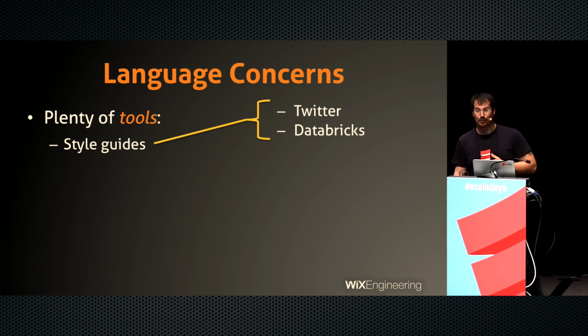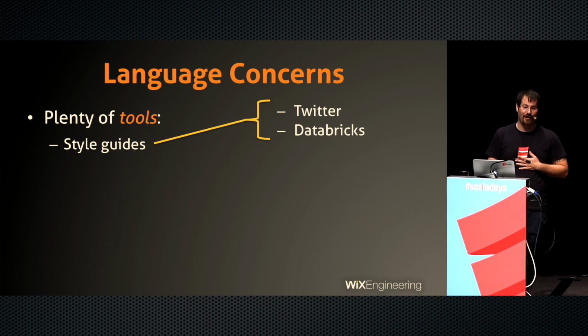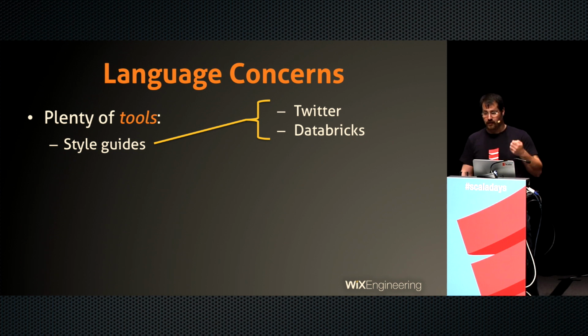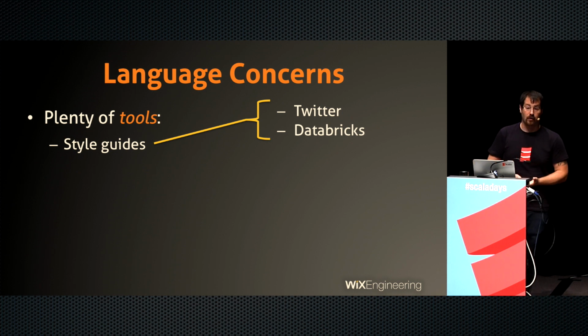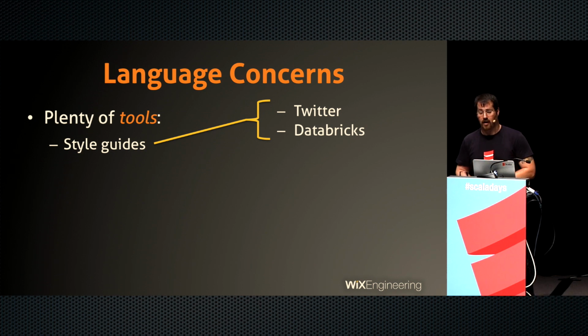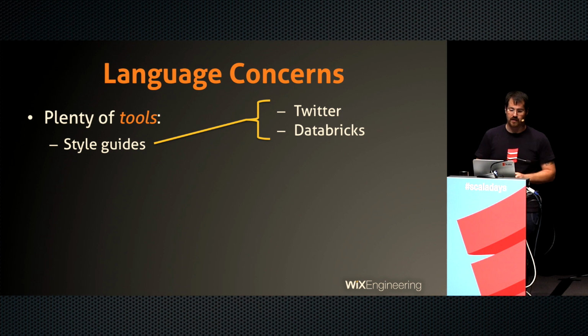I hate being told what to do, but with a lot of companies that I've spoken to over the last few years, this question consistently pops up, right? What is the canonical style for Scala code? And if there isn't one, what are 1 or 2 options we can actually pick from in order to know how to style our code? So nowadays, you actually have pretty in-depth style guides that you can build on